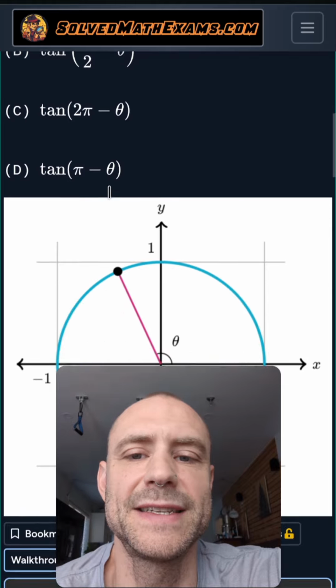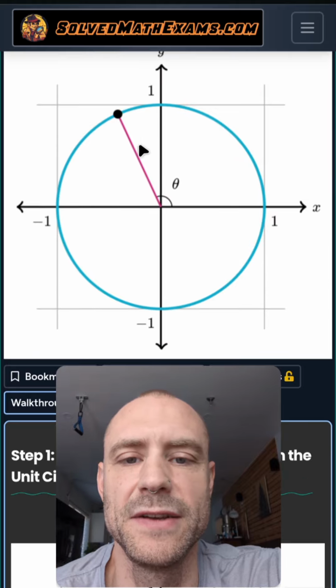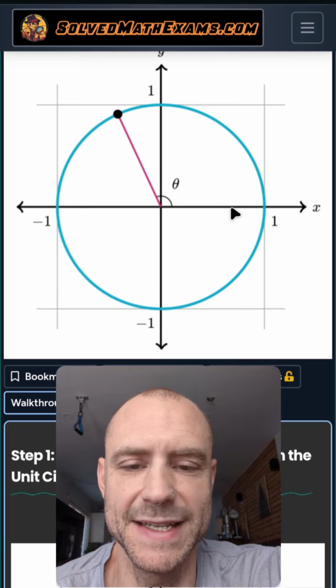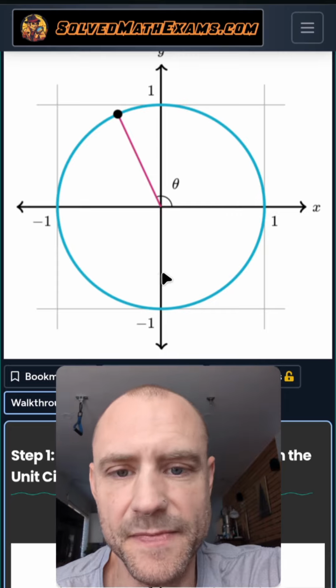Tangent of 2 pi minus theta. So tangent of 2 pi is a full rotation, and then minus theta. So that's minus 90 and then a little